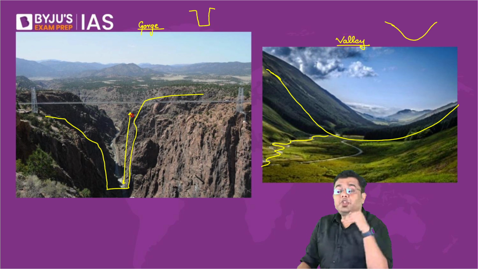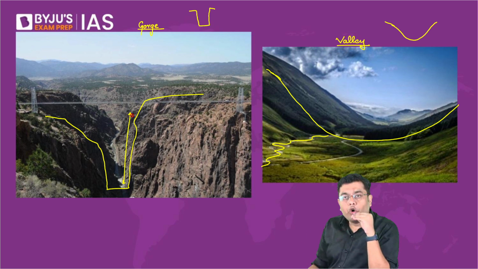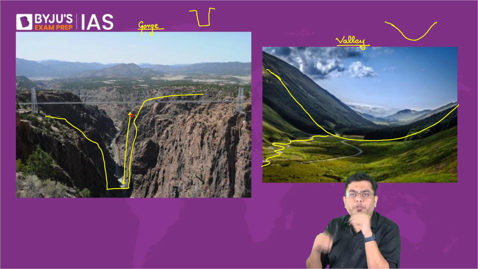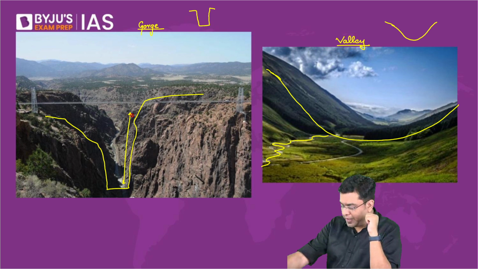But then eventually, in certain cases, the gorges can lead to the development of valley. How? By broadening of the base, and also that vertical slope that will get a kind of a gradient due to mass movement. So here,